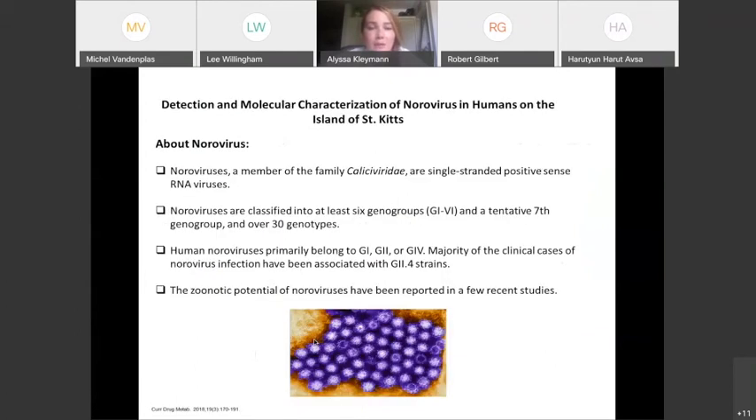Noroviruses are a member of the family Caliciviridae, and they are single-stranded positive sense RNA viruses. The human noroviruses primarily belong to genogroup 1, genogroup 2, or genogroup 4. And there is the zoonotic potential of noroviruses, in which